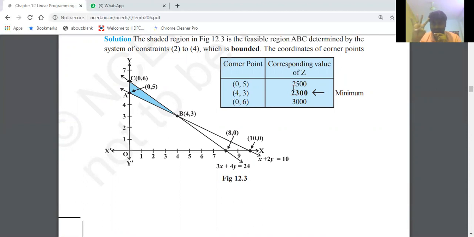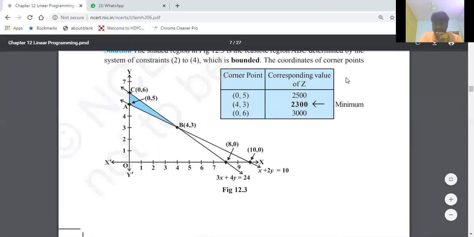Taking the table means the solving part. Fourth part. First part, understanding the given data in the problem. Second part, formulating the given inequalities: maximize this, minimize that, subject to constraints. Writing the data in the form of inequalities is the second part. Third part, graph. Fourth part, taking corner points and finding the solution. In the solution part, generally we have a table. Finally, in the table we come to know where we got the maximum or minimum. Here what is being asked actually, minimum or maximum?